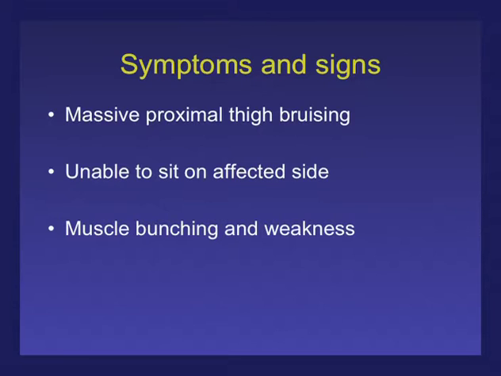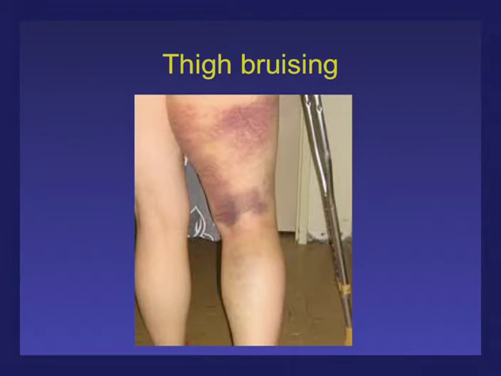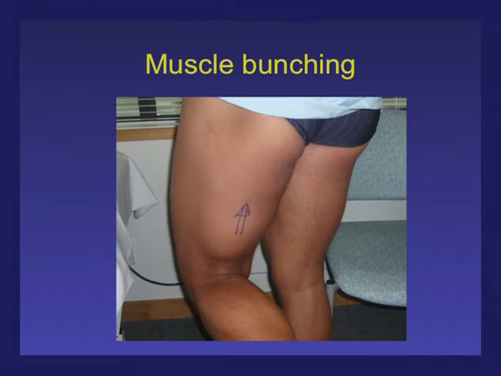They are unable to sit. Inability to sit is another absolutely classical feature. If they have those two features, you almost don't need the MRI scan. And then if you examine them, you can see the bruise if it's early on. And they also get this muscle bunching, which